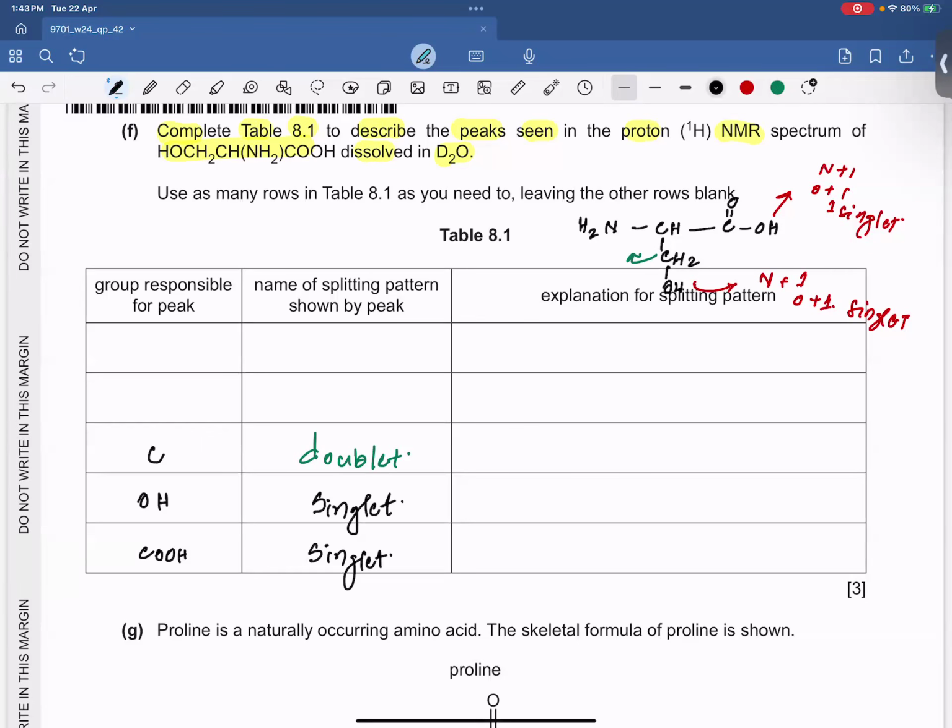CH2 group is going to be responsible because it contains 1 hydrogen in its neighbor carbon. Okay. Let's talk about this carbon. This carbon has 2 hydrogen atoms. So if I'm going to apply n+1 rule, it's going to be triplet. So triplet is basically CH,